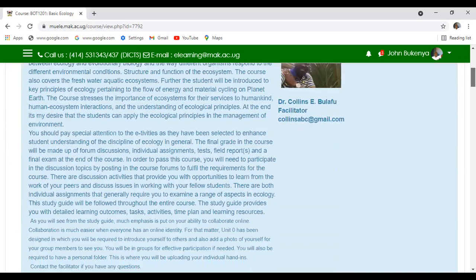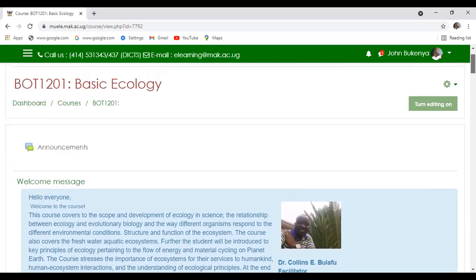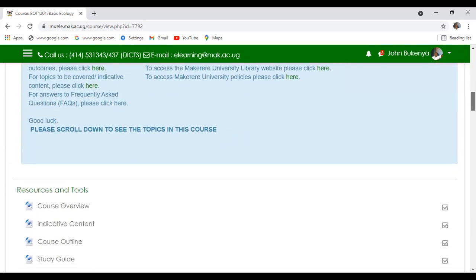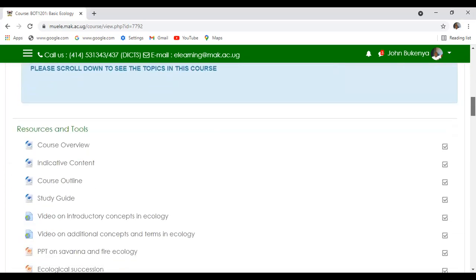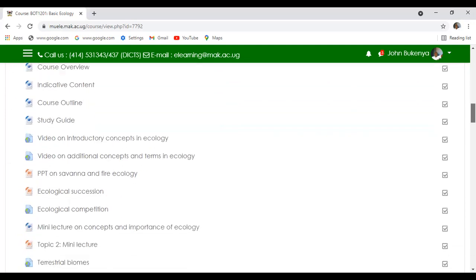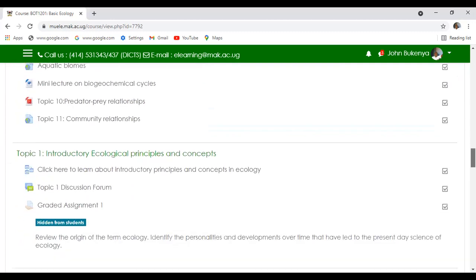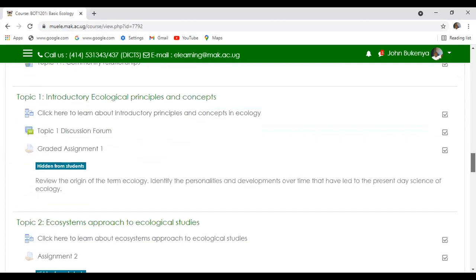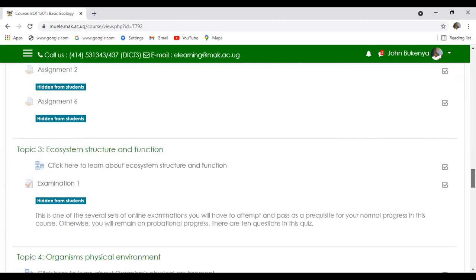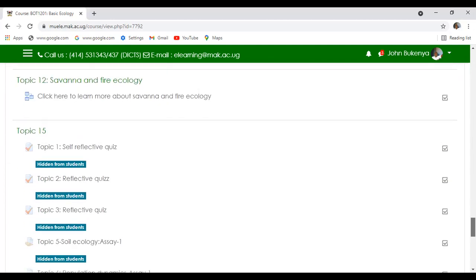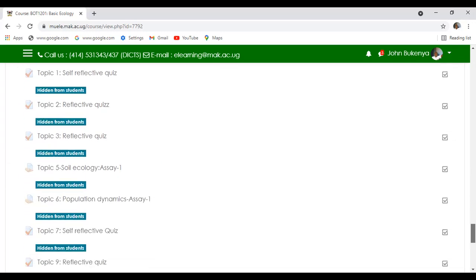But when you meet all the sections like this, welcome message, the resources and tools section with the number of resources given by your lecturer, the topic 1, topic 2, topic 3, and so on, up to the last topic of the course. If you find them there,